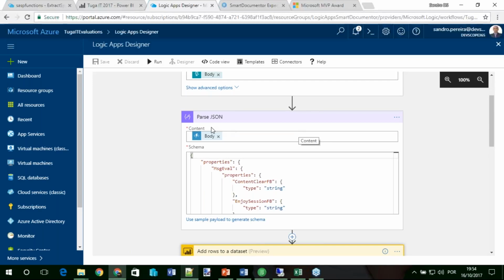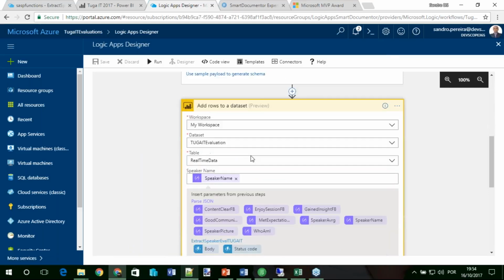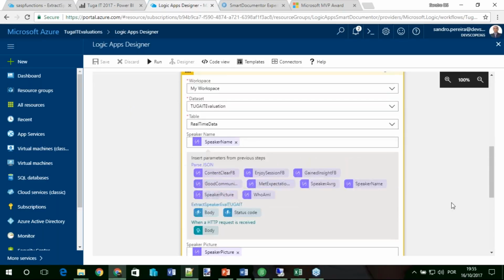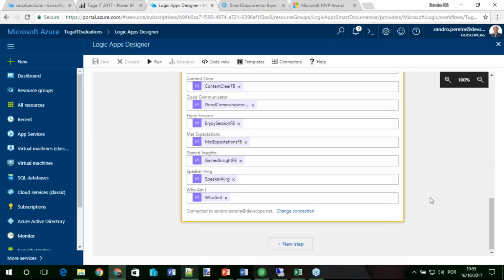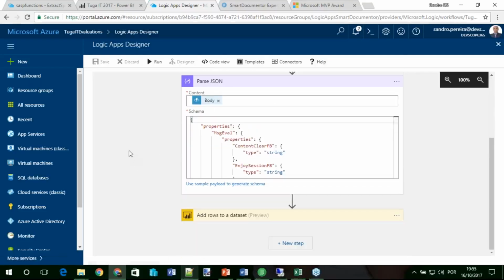Sorry? Okay, everything is okay. I think I had a problem with the audio. To promote, I was saying that if you compare with BizTalk's distinguished fields, to promote this distinguished field, and for me to easily have a pointer to that specific value, I need to use this Parse JSON. And again, I just add the Power BI connector, select my data set, that is a real-time data set, and fill all of these elements in the GUI, and save it, and that's it.